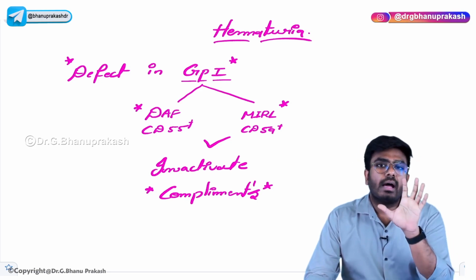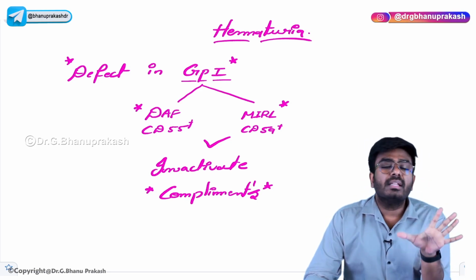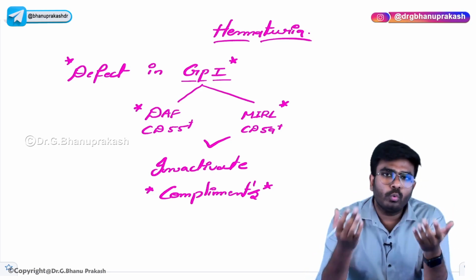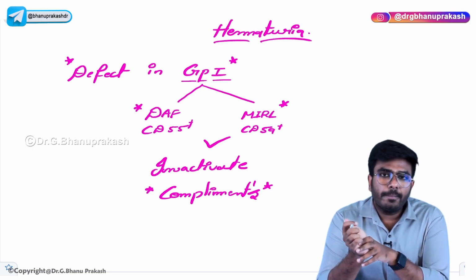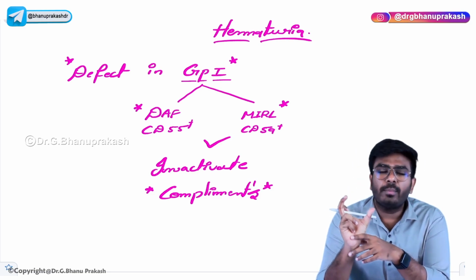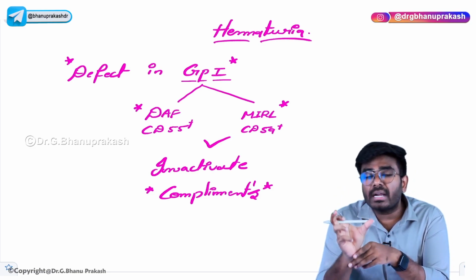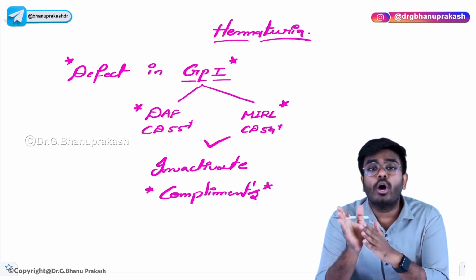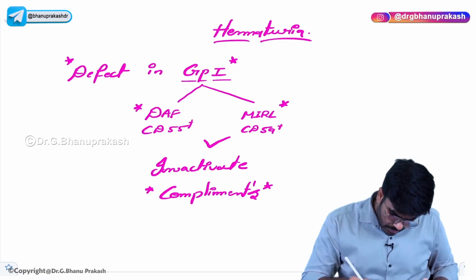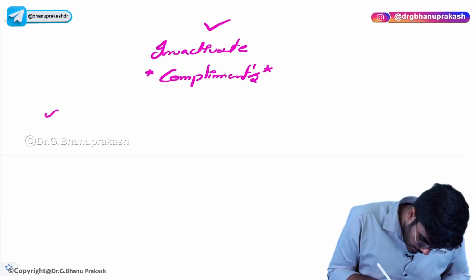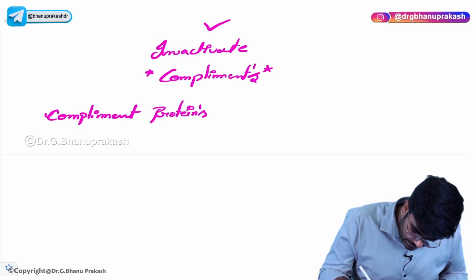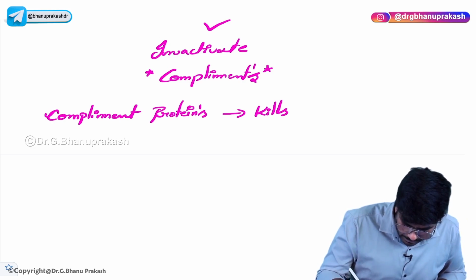See, understand, the complements are nothing but proteins which are present in the blood of humans, normally in you and me. In our blood plasma, there are complement proteins. Now, these complement proteins are a part of the immune system. These are very good proteins which will kill the microorganisms during infections. So, complements, take it down here guys. Complement proteins kill bacteria,